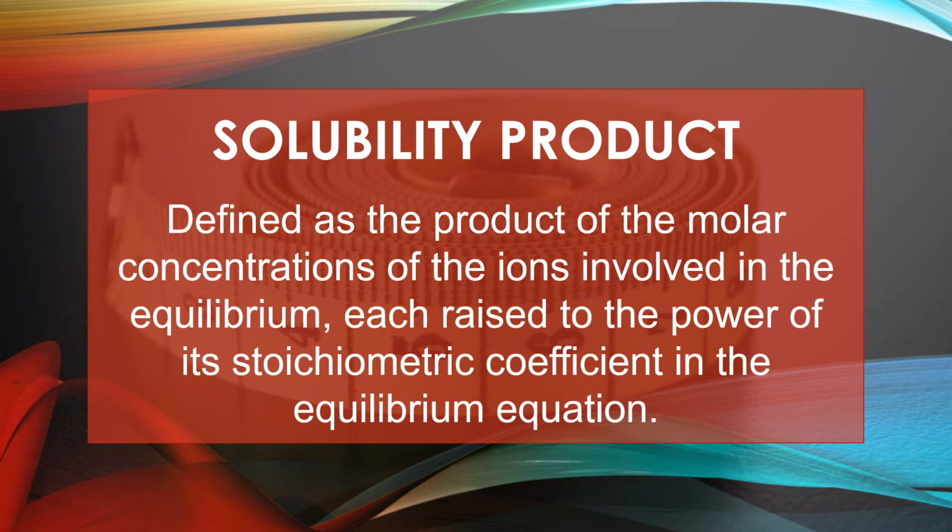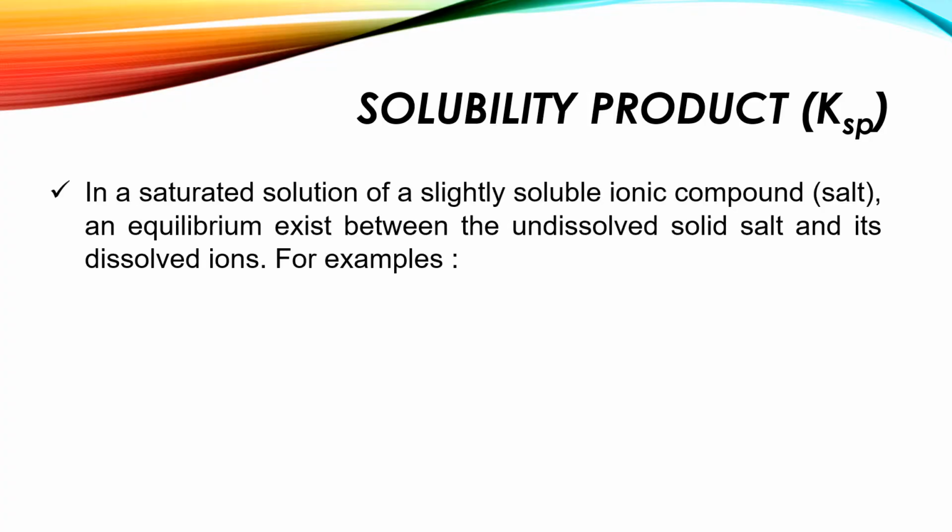Now, what is the meaning of the solubility product? Solubility product can be defined as the product of the molar concentrations of the ions involved in the equilibrium, each raised to the power of its stoichiometric coefficient in the equilibrium equation. In a saturated solution of a slightly soluble ionic compound, an equilibrium exists between the undissolved solid salt and its dissolved ions. For example, argentum chloride,